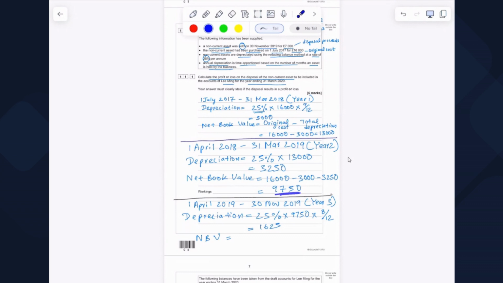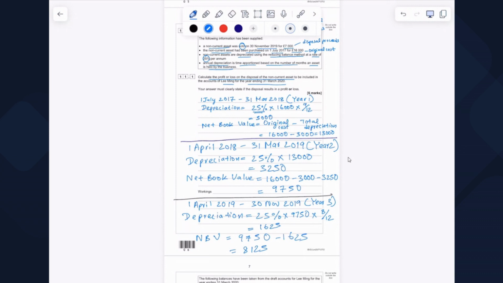So therefore, if I was to subtract the third depreciation that we have, we can just simply subtract it from the net book value that we have from end of year 2. So we start with 9,750 and then we take away 1,625, which gives us a net book value of